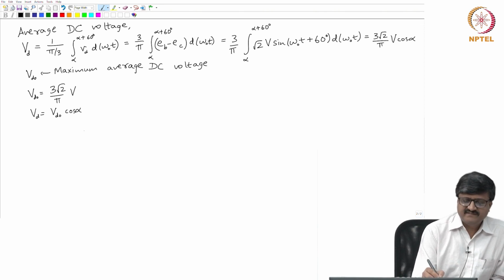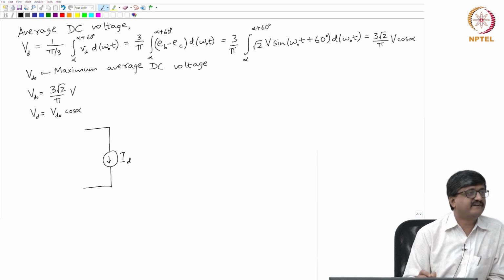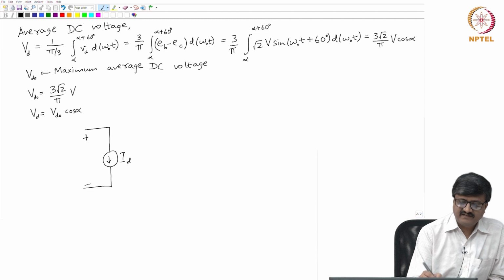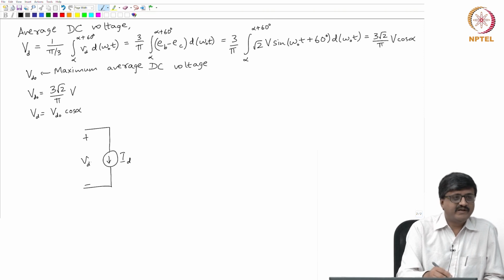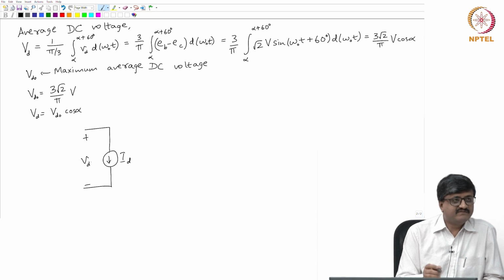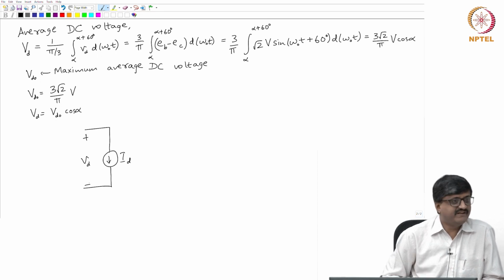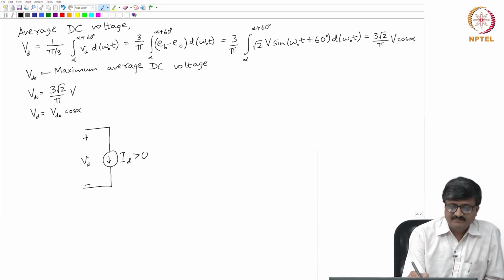If you look at the DC side of the converter, our assumption is a constant current. The DC side has a plus terminal and a minus terminal. The voltage across the DC side is VD. I am not drawing the entire circuit diagram. The DC side of the converter has 2 terminals, the voltage across the terminals is VD, and I have a current ID. Of course, ID is positive. Please note ID is positive.